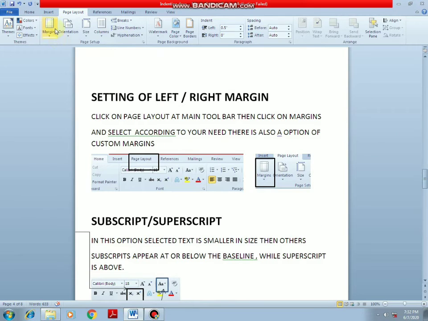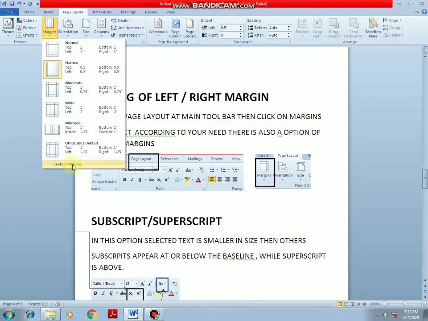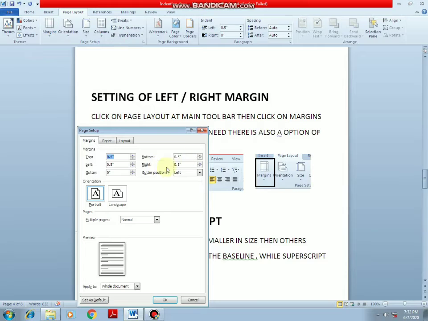Okay. After that, there is also the custom margin option. In custom margin, we set how much we want from the top, the bottom, the left and the right, and we select the OK button.